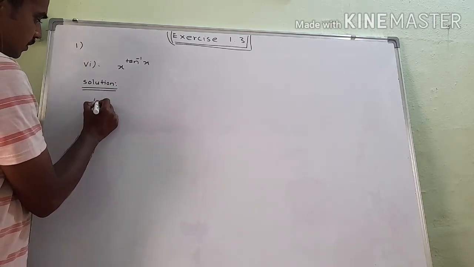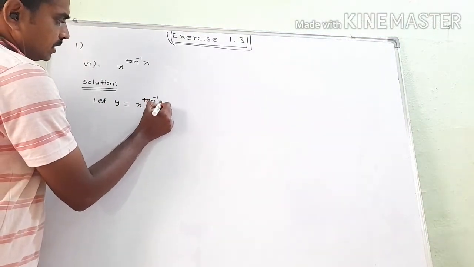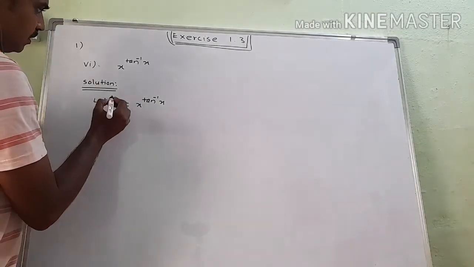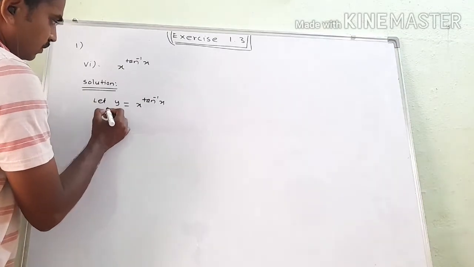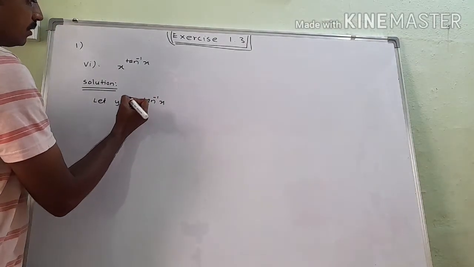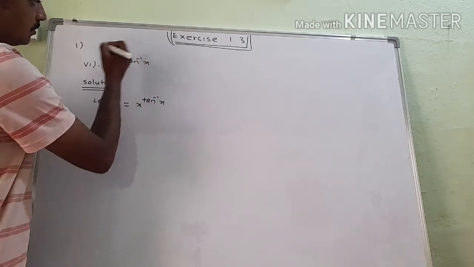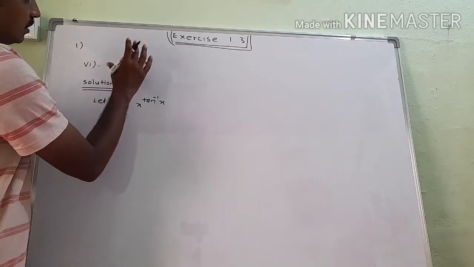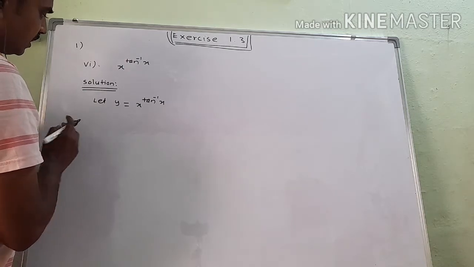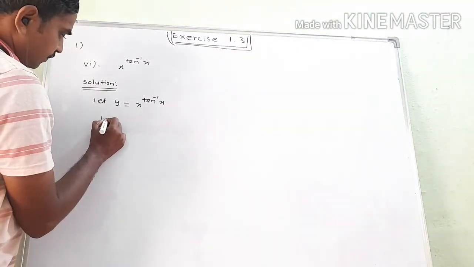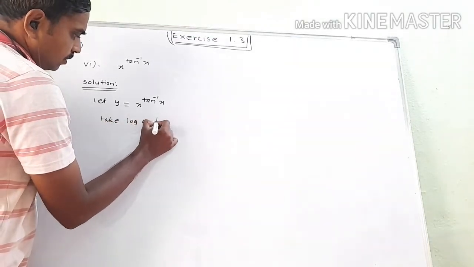In first type, first of all we will write y equal to x raised to tan inverse of x, the given expression as it is. Now here the function is raised to a function, this type of example is here. Now we cannot use direct differentiation to solve this. Though this is a very short expression, we cannot solve this example by direct differentiation. So for solving, we have to take log on both sides.